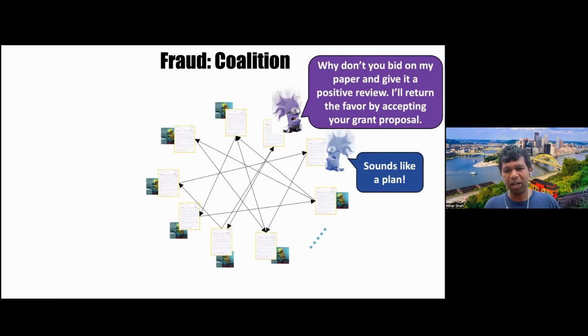Okay. So they make this plan. Sometimes they make a plan to collude in the same venue and sometimes in different venues. And this is turning out to be a nightmare nowadays in computer science conferences. There have been many, many instances where this issue has been found, but it's very, very hard to detect or prove something of this sort. And some of us are working on it, but it's essentially a very wide open problem on how to handle these kinds of collusions. Okay, any questions about this problem?